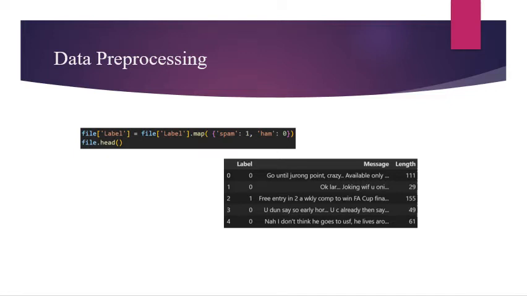Also, you can see the first level has two attributes, that is spam and ham. The computer cannot understand string format, so we convert strings into numbers: spam messages are converted into number 1, and ham messages are converted into 0.